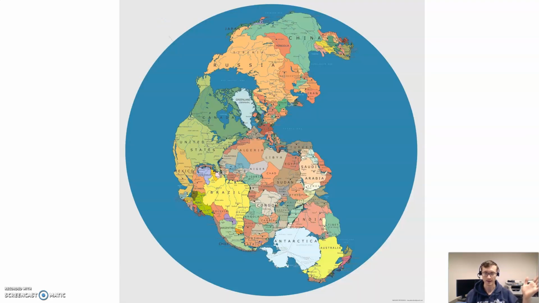Okay, so what we're looking at is Pangea, and you can see here it has it labeled with all of our modern political boundaries. This was a supercontinent. We call it a supercontinent because it was all of the unique continents that we have today smushed together into one big landmass. We think this was about 300 million to about 150 million years ago. Ballpark, very, very broad estimation. This is about dinosaur age.